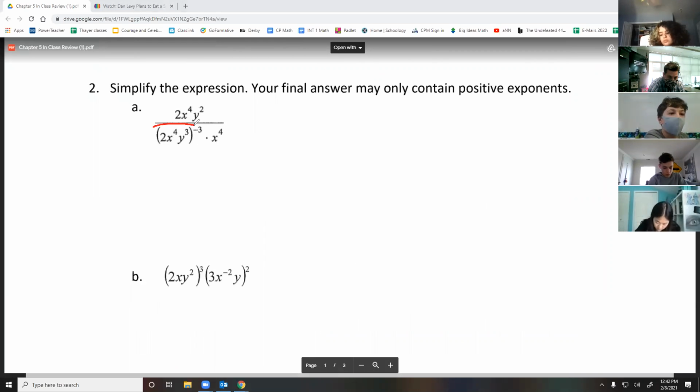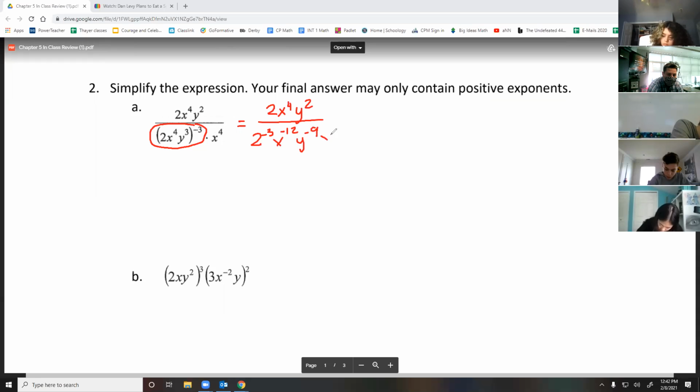So I'm going to work this part of the problem first and take everything to the -3rd power. So I'm going to rewrite this right now. Nothing changes on top. But on bottom, everything gets taken to the -3rd power. So that's 2 to the -3rd, x to the -12, y to the -9, and x to the +4th didn't get touched. Okay. Because power to a power means multiply the exponents. So that means anything that has a negative exponent next, like these items,